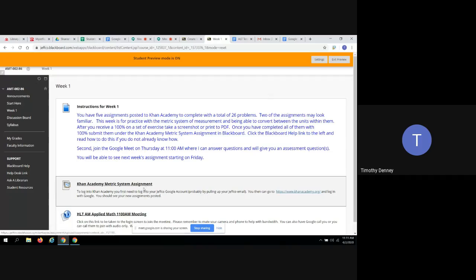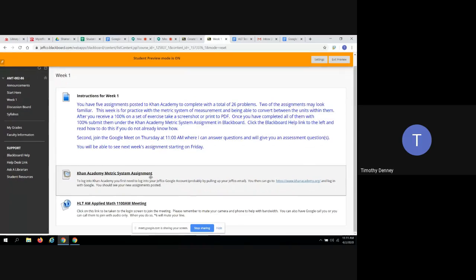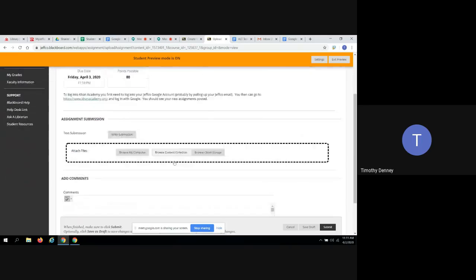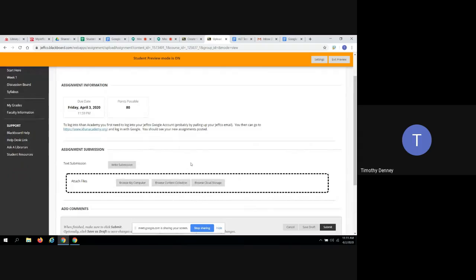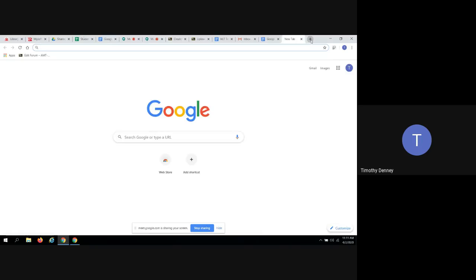And then I had a spot for you to post a picture of when you've completed those assignments. So this is the actual assignment that you would then submit or upload a picture of your Khan Academy work. Okay. So once you've completed your Khan Academy,